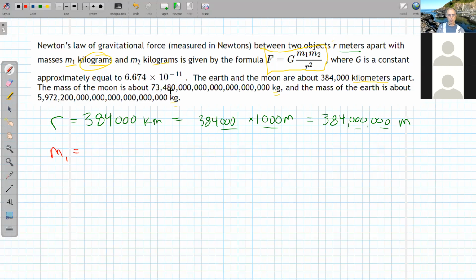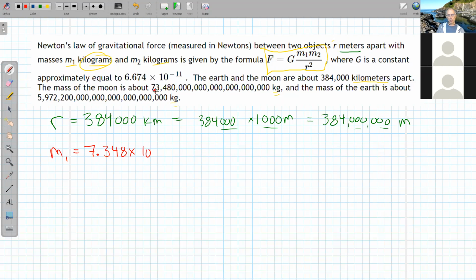So I have to count the number of places I need to get a decimal right here. Scientific notation has to be a digit, decimal point, any other digits on the other side. There can only be one number to the left of the decimal point. So I'd have to write that as 7.348 if I wanted to use scientific notation, times 10 to the power,